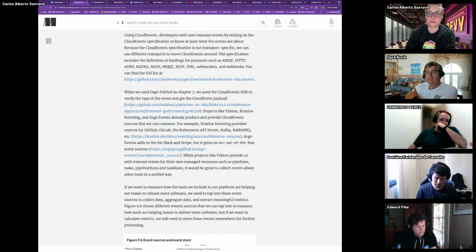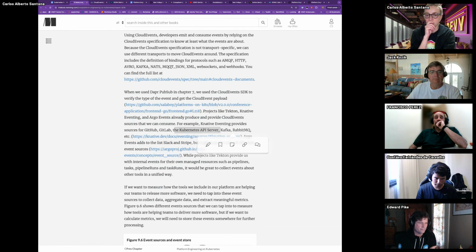And then he says that for measuring our app's DORA metrics, for his example, he's using Knative Eventing, which has sources to grab events or notifications. It will convert a webhook, like from GitLab or GitHub, into a cloud event and then put it somewhere. And he talks about using a Postgres database, SQL database, or it can pull the Kubernetes API events.